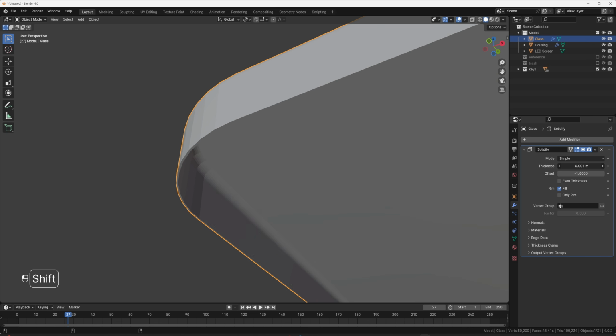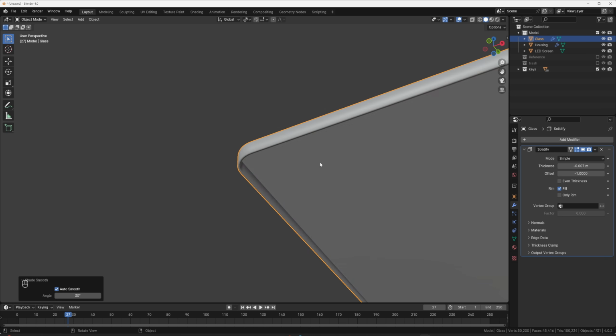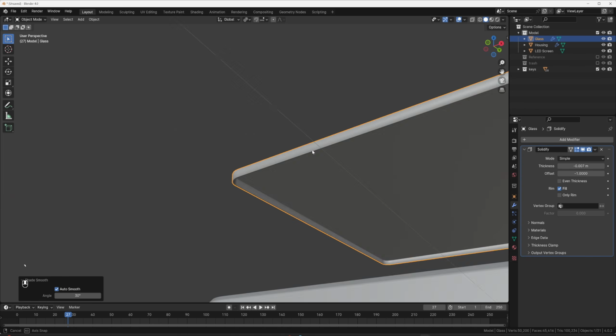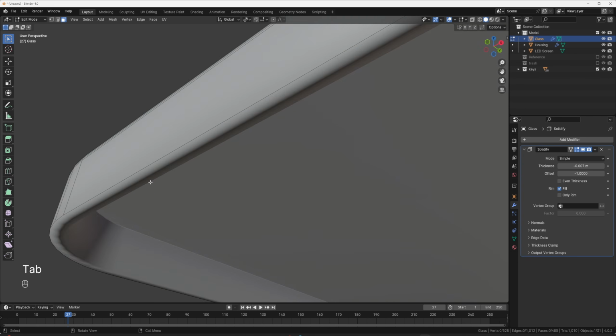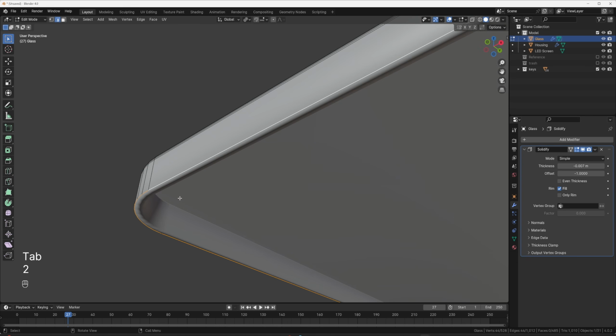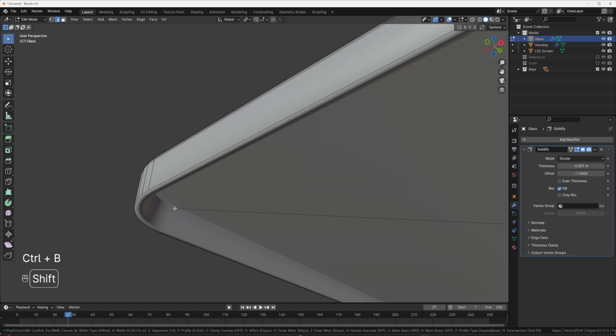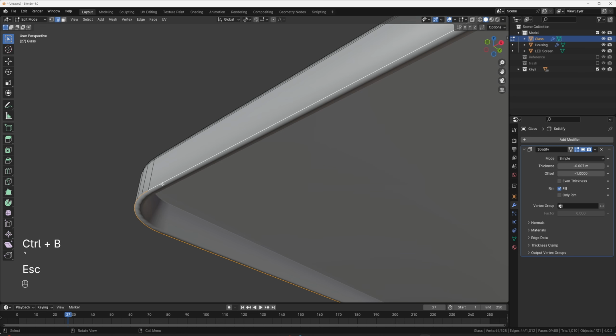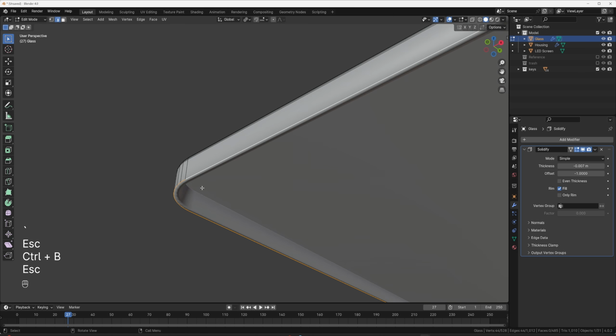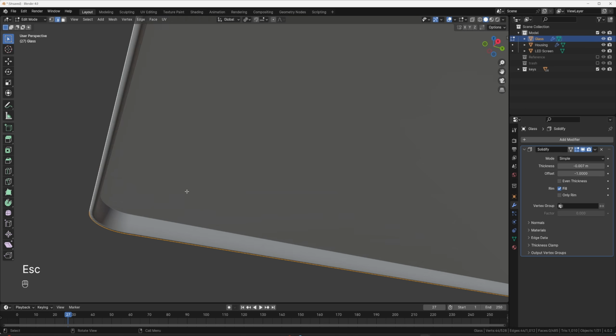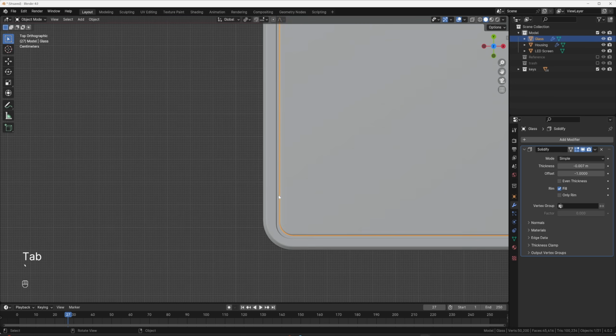Also, I don't want it to point to the outside. I want it to point in, so I'm going to bring the offset to be negative just slightly, like so. And then I'm just going to right click, shade auto smooth. And then also, just so it doesn't get any shading errors down here, let's just grab the bottom edge and Control B. Give this a little bit of a bevel. Control B. Oh no, it's not going to work. We should be able to just do that, and then to apply it, you won't ever see that.